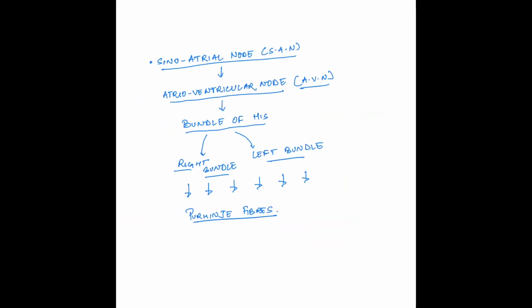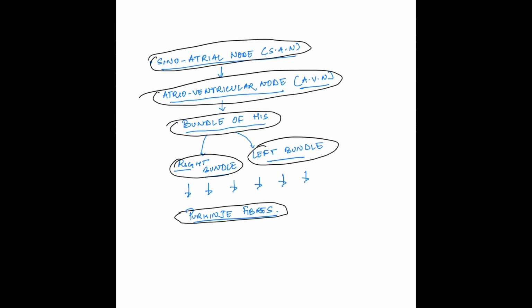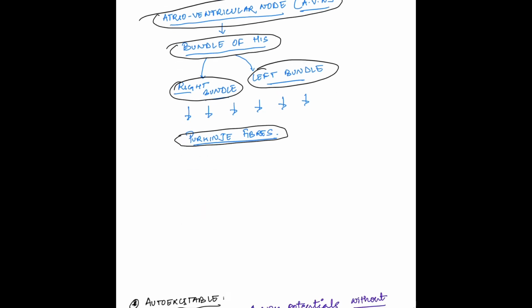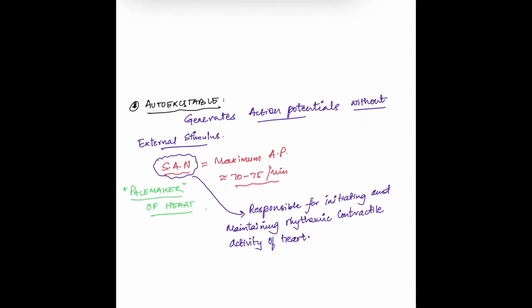So to recap, action potentials generated by the SA node reach the AV node. From the AV node, a bundle of nodal fibers called the bundle of His crosses the atrioventricular septum and reaches the interventricular septum. It gives right and left bundle in the interventricular septum. These bundles then give multiple small fibers called the Purkinje fibers. As I said earlier, the nodal tissue of the heart is a specialized cardiac musculature. Its speciality is that it is auto-excitable. It can generate action potentials without any external stimulus.